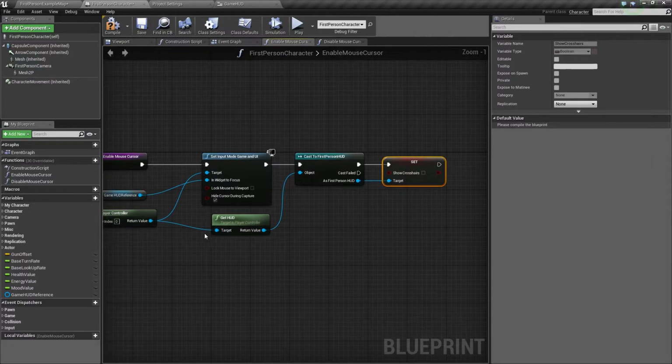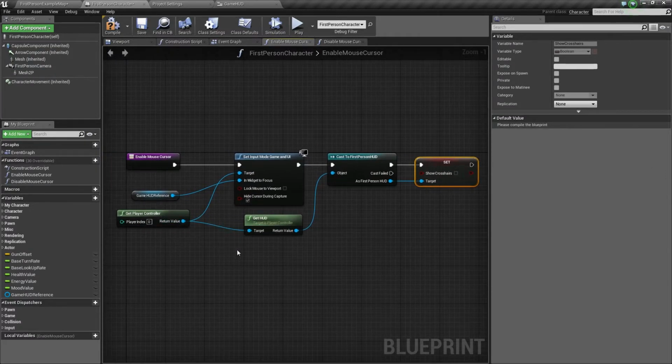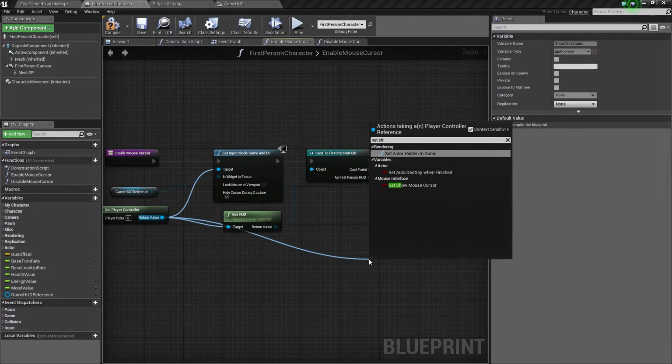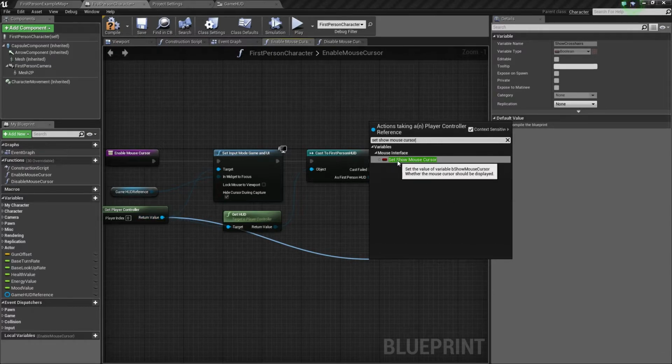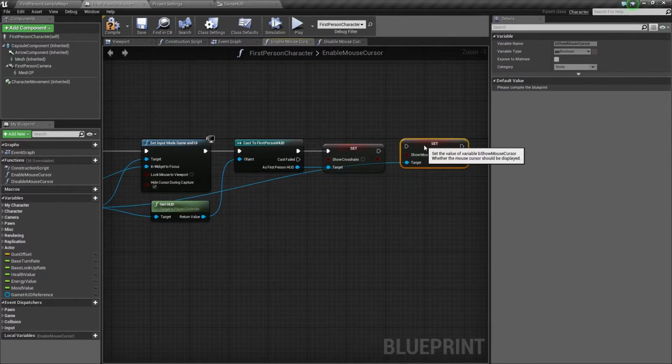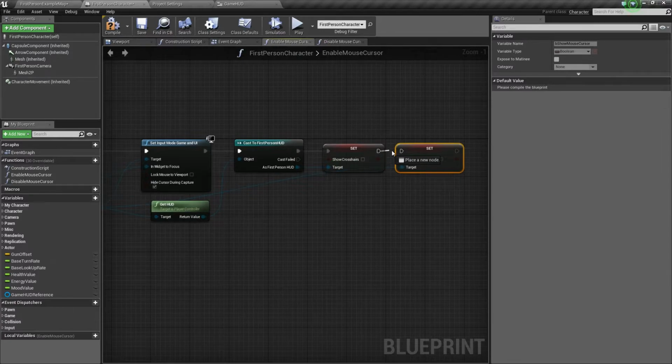The last thing that we need to do, let's drag off our get player controller again, and from it, say set show mouse cursor, so we can enable or disable the display of the mouse cursor. Let's select that, drag that up here and connect this. We're going to set this to true so that we see our mouse cursor.